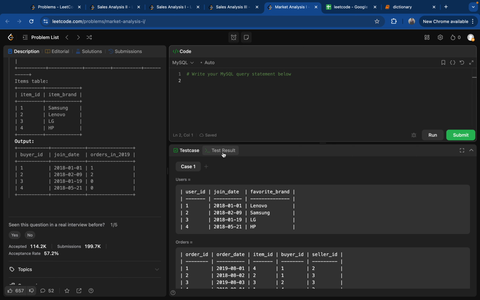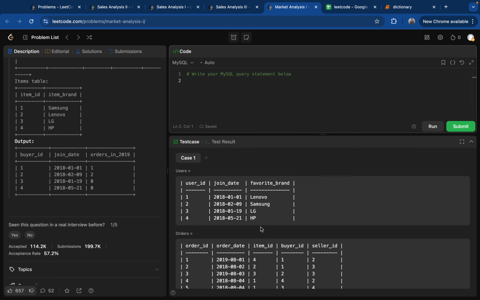So let's see how we can code this one. First thing is, we have to join the user table and the order table. So select from, now we want to get the detail for every user, so we have to use users as a left join on orders, on. Now we know that o dot buyer ID will be equal to u dot user ID